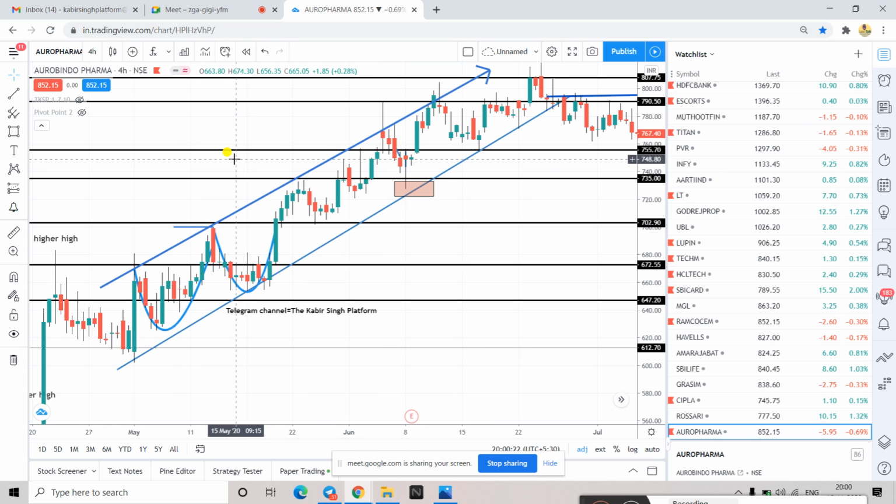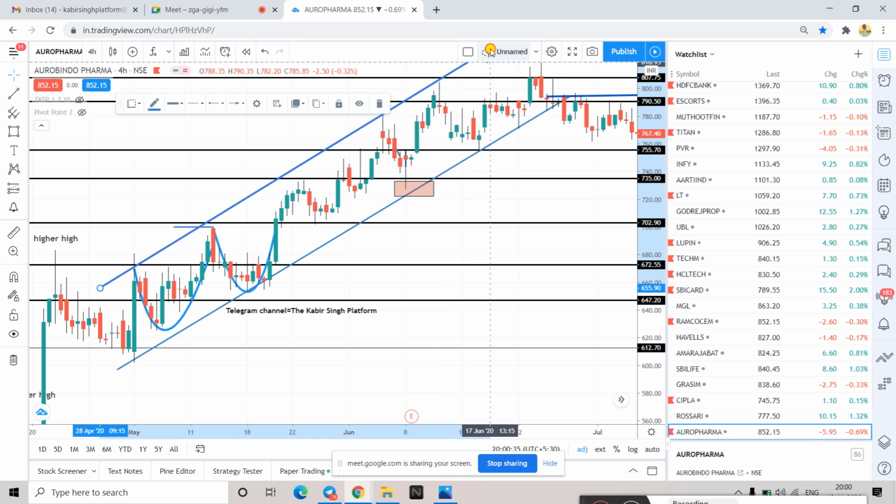Here one more thing is there. See here, it is not the high which is touching. It is cutting the shadow from between. Here also it is cutting the shadow. Here the body is also getting cut. Okay, so sometimes these exceptions will be there. No need of drawing it far away like this. Make sure that it is touching at the swing high. Because I am clearly seeing that this has rejected again, it has come up till here and rejected again. This is like a swing high, and here again a swing high, again a swing high is there. So try to make sure that all these swing highs lie on this trend line. Okay,